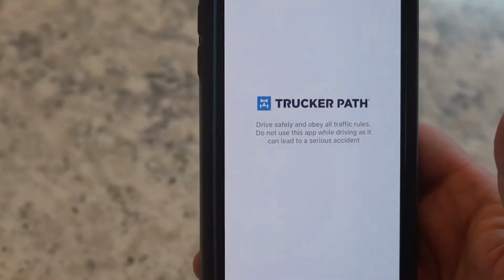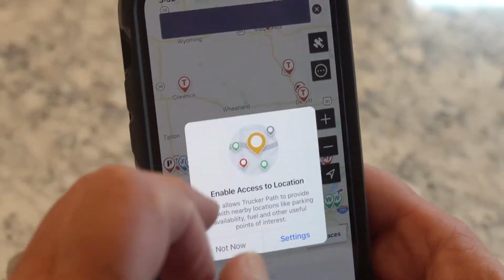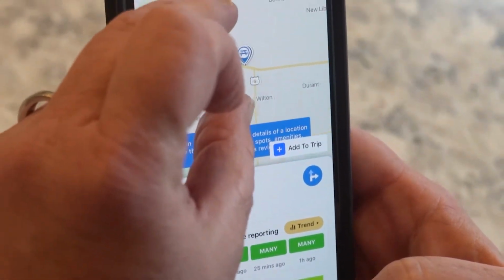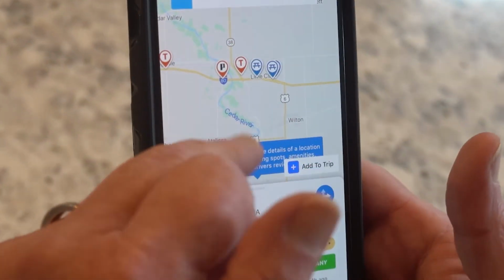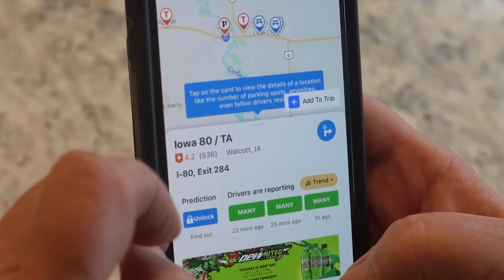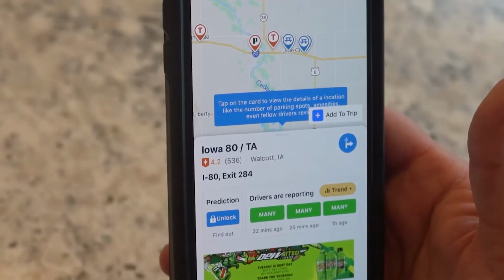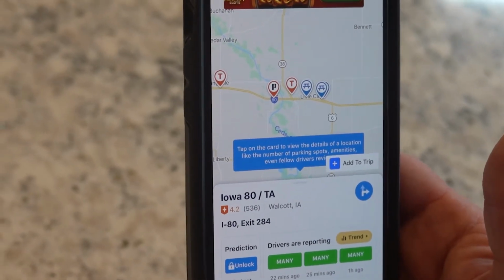Another one specific to an RV is Trucker Path. And I've actually got my location turned off, but Trucker Path will actually tell you not only where maybe different truck stops are, but you can actually go in and put in the size and the height of your vehicle. You can put in the weight, and it will tell you what roads are safe or what roads you should avoid,